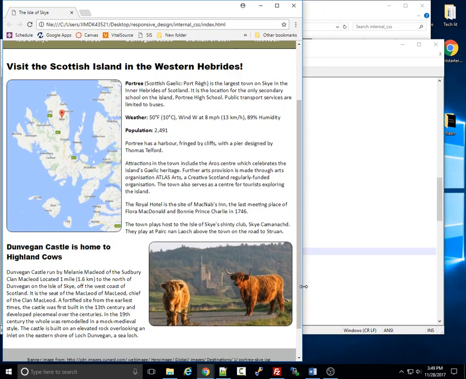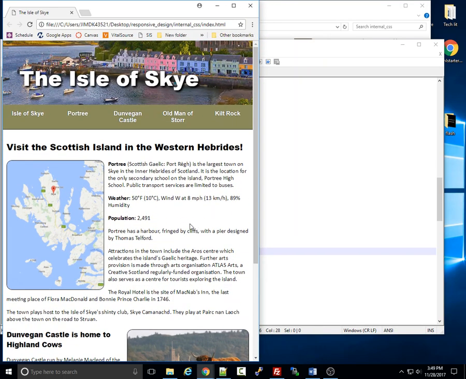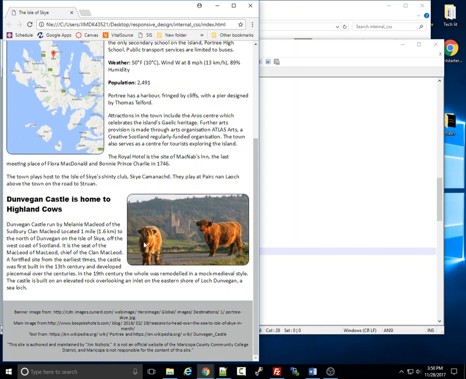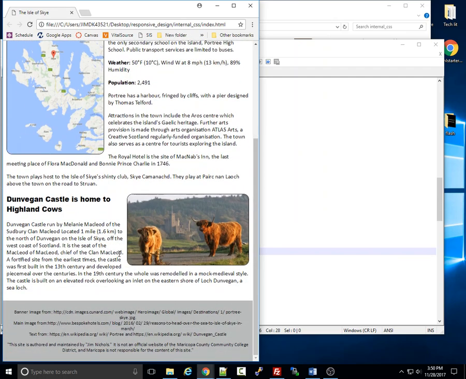Okay, so now at smaller sizes like this, I'm liking my heading, I'm liking my nav, I'm liking the first story called section, I'm liking the bottom story called article, I'm liking my footer still. So this is looking pretty good, except that